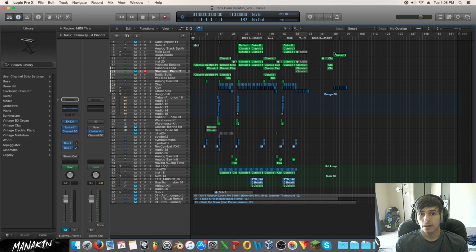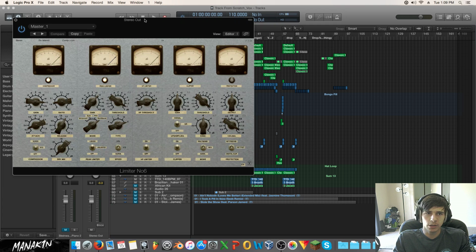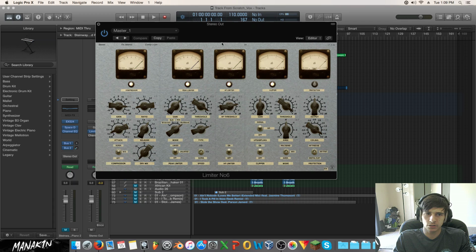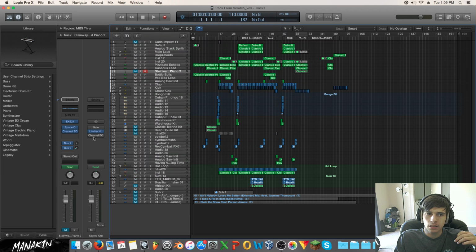But more so you'll find that the best first mixes are the ones that don't use a lot of compression and EQ. Mastering is a pain in the butt. If you just slap on limiter number 6 and use the master 1 preset and turn up the gain, then you'll have a pretty good master as long as you don't let anything clip. But it won't be an amazing master, because amazing masters take a lot of EQ